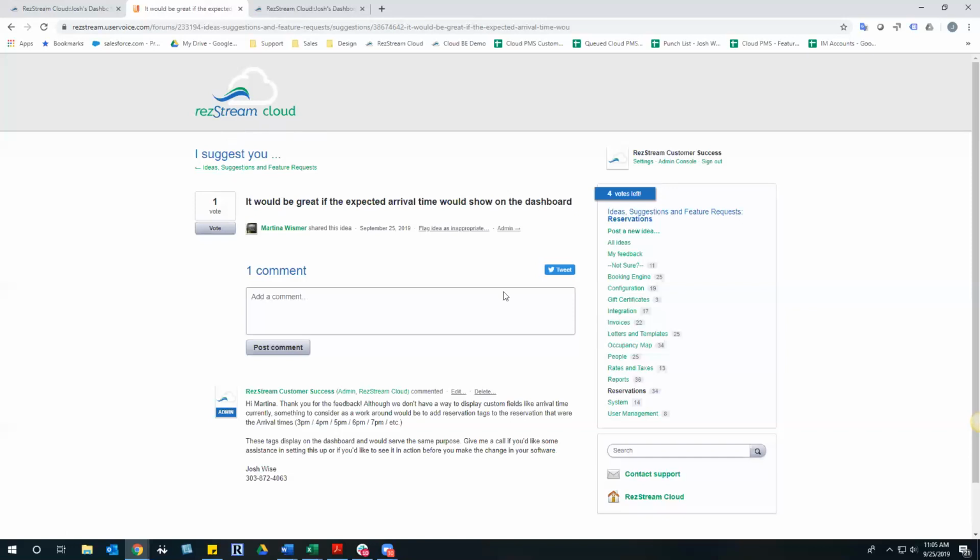So it's important to Martina, and apparently on these reservations, maybe on the booking engine or phone calls, when she's taking those reservations manually, she wants to track when people are arriving, right? So not every property mans a front desk 24/7, right? So a lot of independent and smaller properties, you guys shut down that front desk where you no longer do